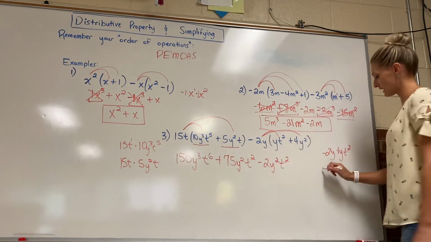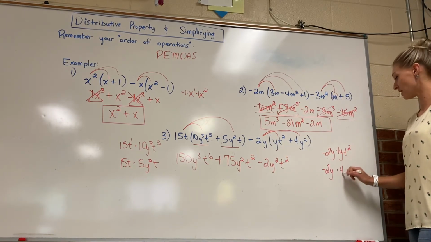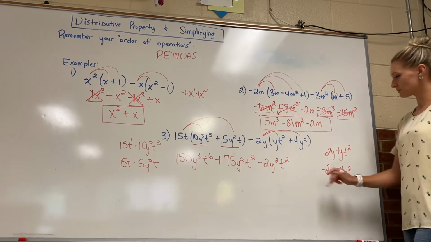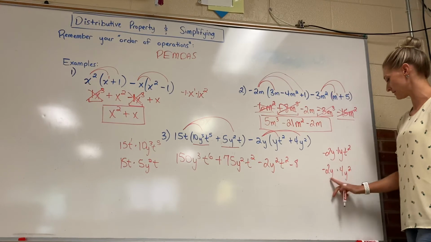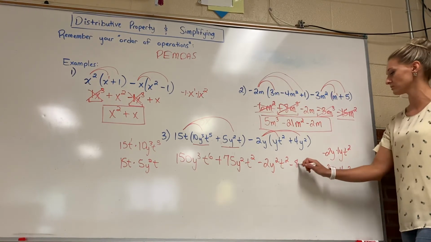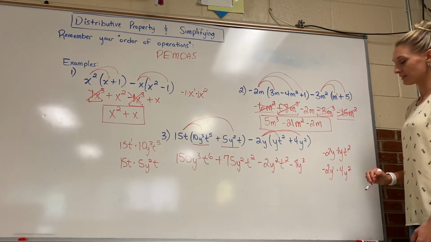And then we have the negative 2y times the positive 4y squared. So we got negative 2 times 4, which is negative 8. And then y times y squared, there's a 1 right there. So you add them. So it'd be y to the third. You add the exponents. Okay. And then from there,